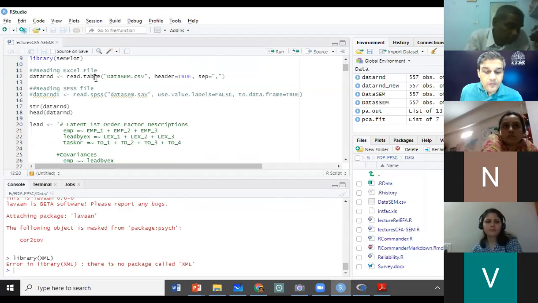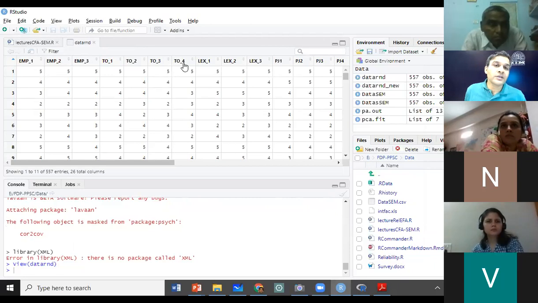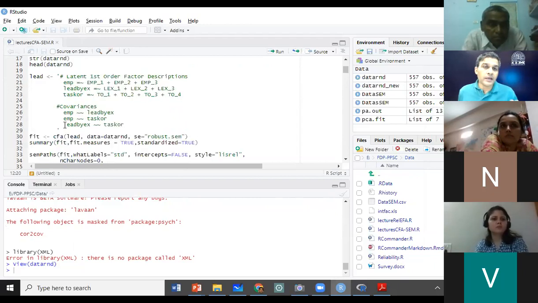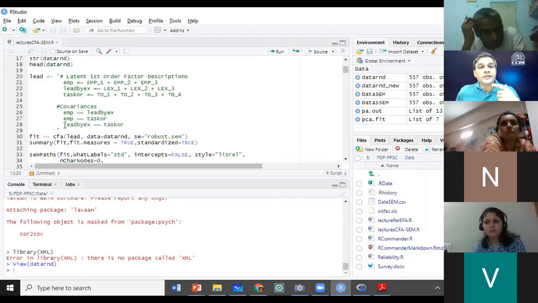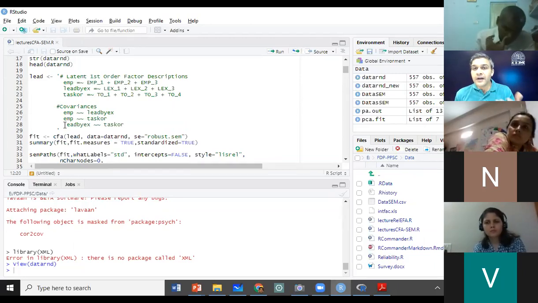Now we have already read this data. So data R&D is already there, so we don't need to bother about it. Our data is already read. Now the first thing that we will have to do in lavaan, or in CFA, is specify your model.